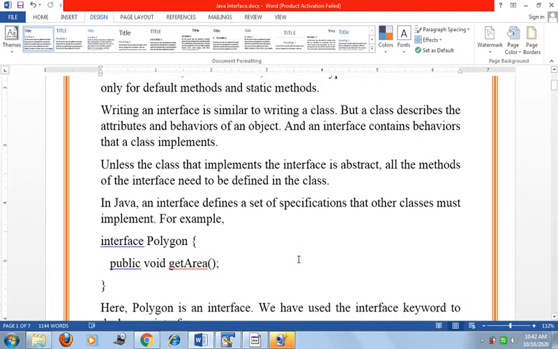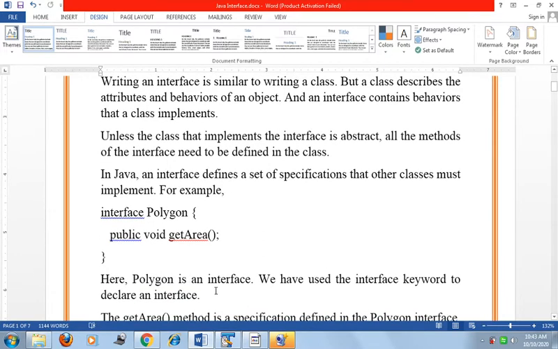For example, how can we define an interface? Interface, then the interface name, and here we include the methods of that interface. For example, interface Polygon, and in that Polygon interface, public void getArea. So here Polygon is an interface.